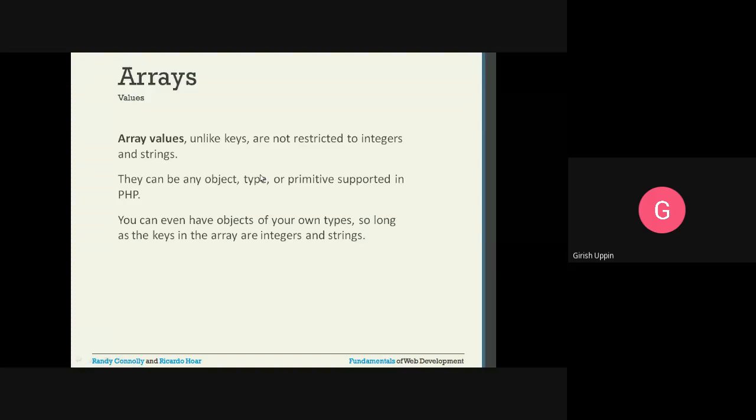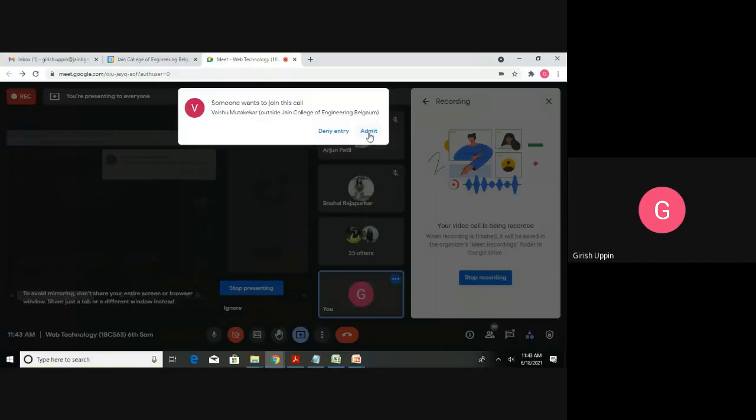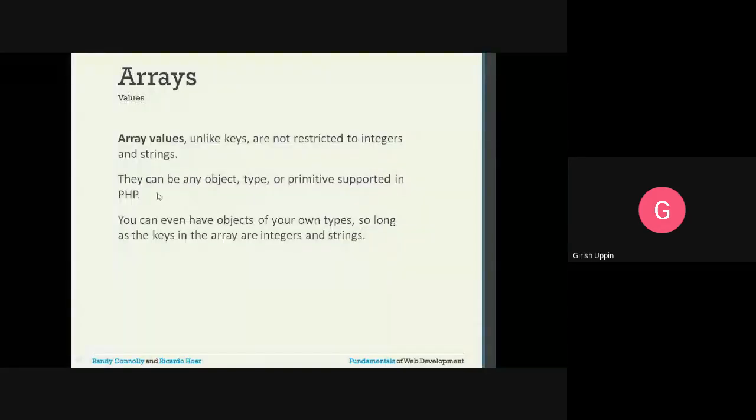Array values, unlike keys, are not restricted to integers and strings. So in case of an array, keys can be strings or integers, but the value can be anything. It can be an integer, it can be a string, you can have an object, anything you can have for the value. They can be any object type or a primitive.